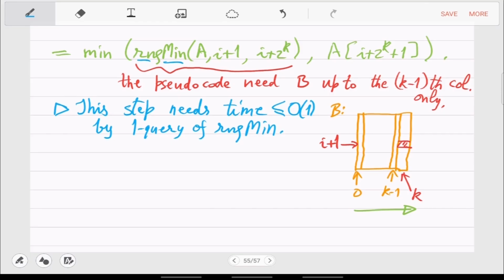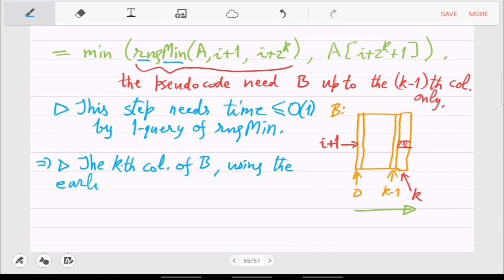constant time. Assuming that B from 0 to k minus 1 is known. So which immediately means that one column, or let's say the kth column to be precise, the kth column of B, using the earlier ones, takes how much time to calculate?